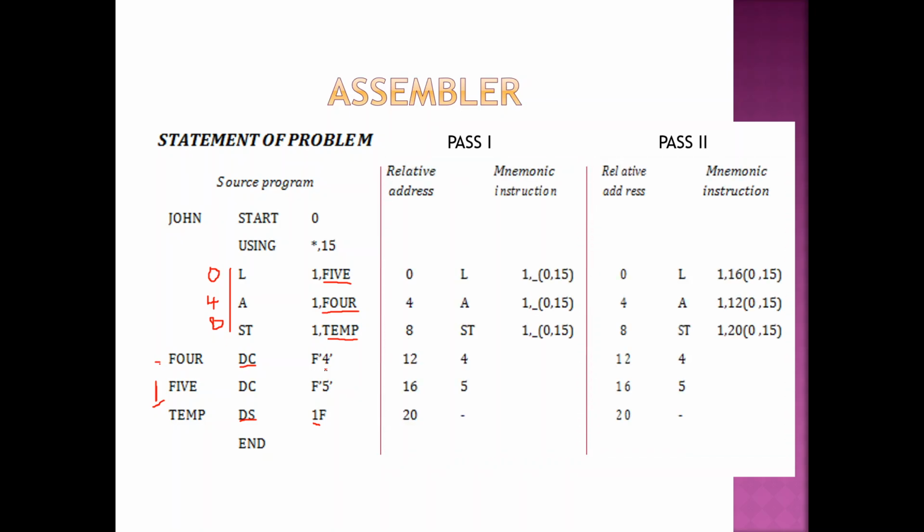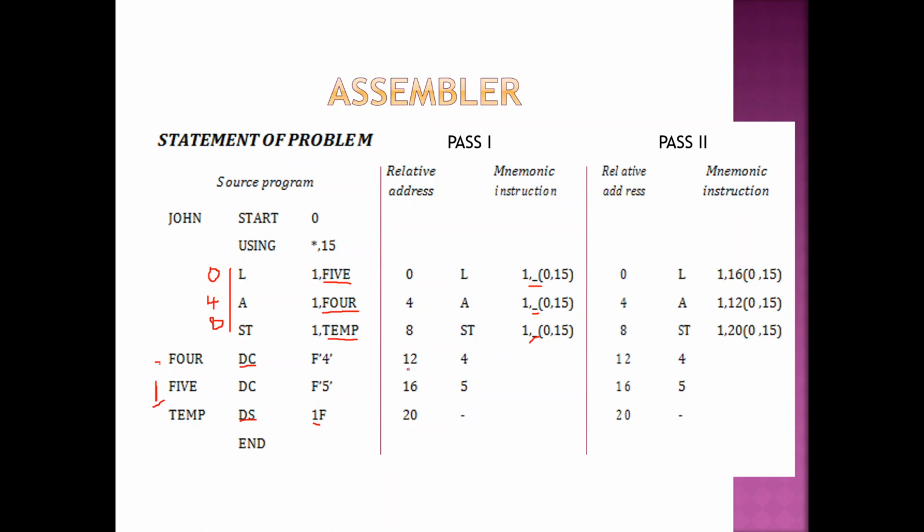So I'm going to just tell you this is pass 1 and pass 2 again. As I told you, we don't know what this relative address is here, so we have left it blank. Again, we know it is 4, but we don't know the address of 4. We left it blank. We know it is 8, but we don't know this address, so we left it blank. After 8, the next one is that after the program is done, you have to store the data.